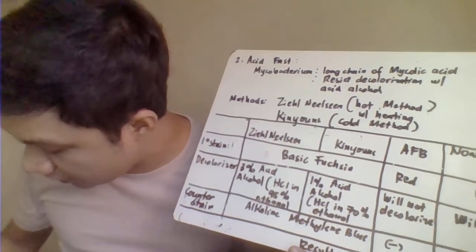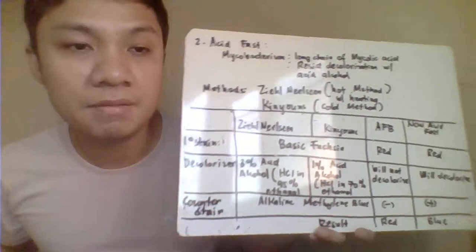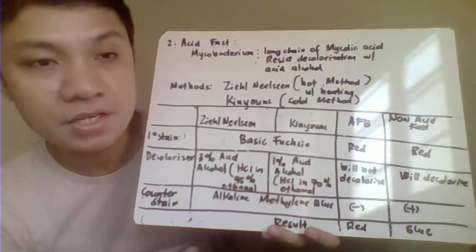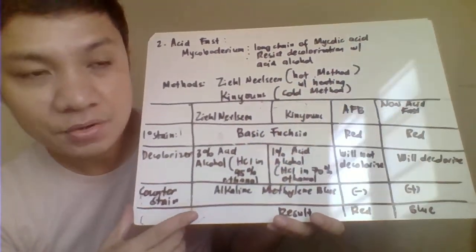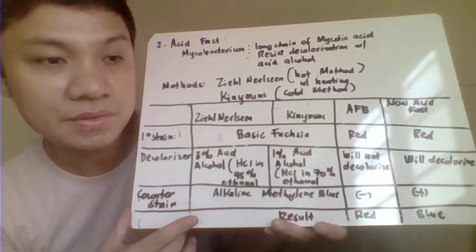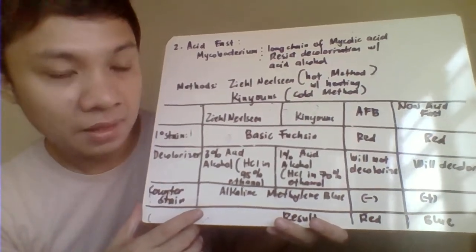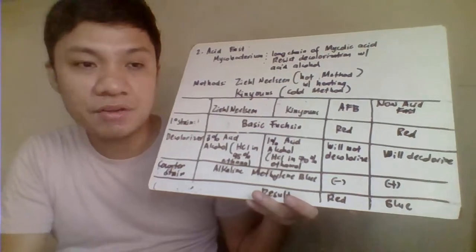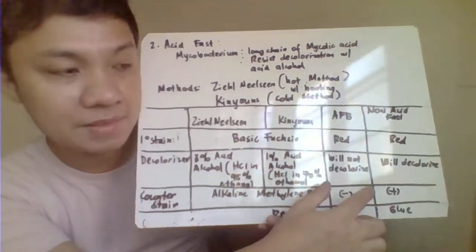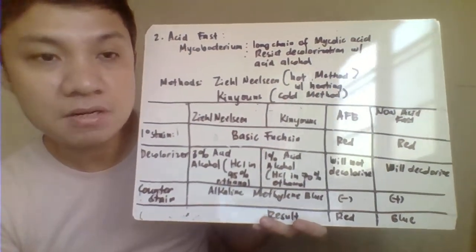Okay, then we have your Kinyoun. It makes use of acid alcohol at a concentration of 1%. That's your hydrochloric acid and 70% ethanol. So again, upon application of your acid alcohol here, your acid-fast bacilli, in the case of your Mycobacterium